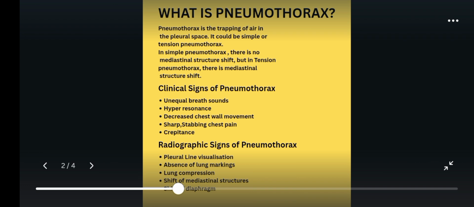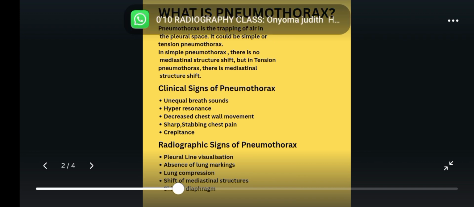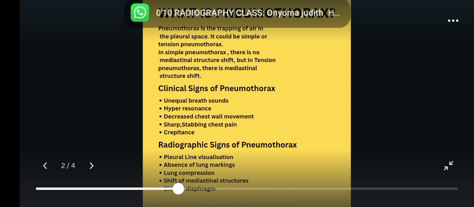The second one is hyperresonance. There is increased resonance when percussing the chest wall on the affected side. This also indicates presence of air, so it's a suggestion of pneumothorax. It's a clinical sign. Then there is a decreased chest wall movement